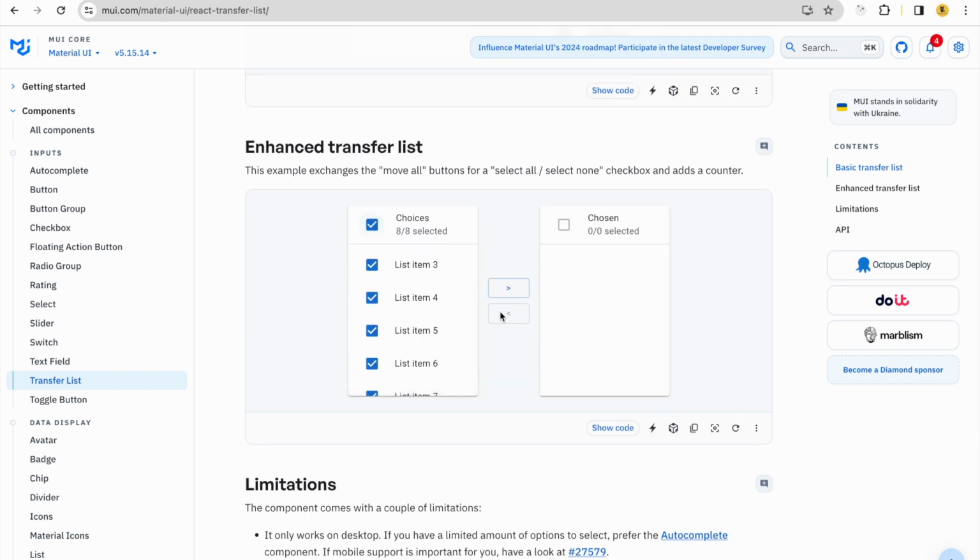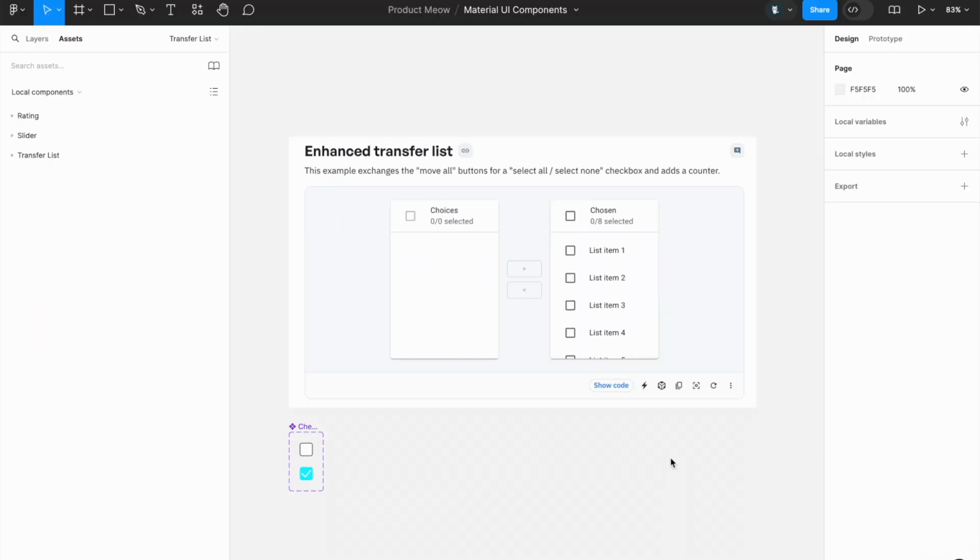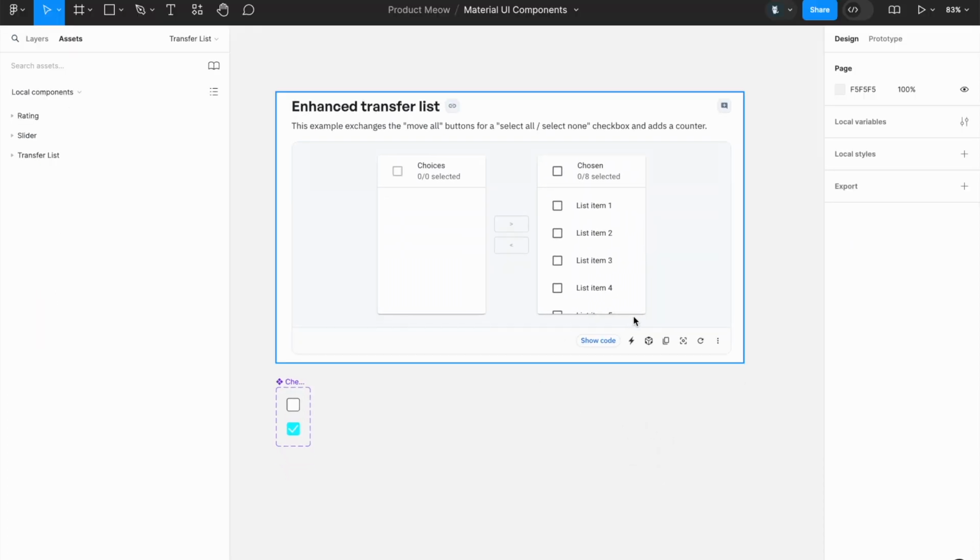right? So I just thought that it would be cool to create a tutorial to teach you how to create this transfer list functionality using Figma. So let me show you how to do it step by step. So right now I'm on Figma. You can see that I have taken a screenshot and put it over here in my design file as